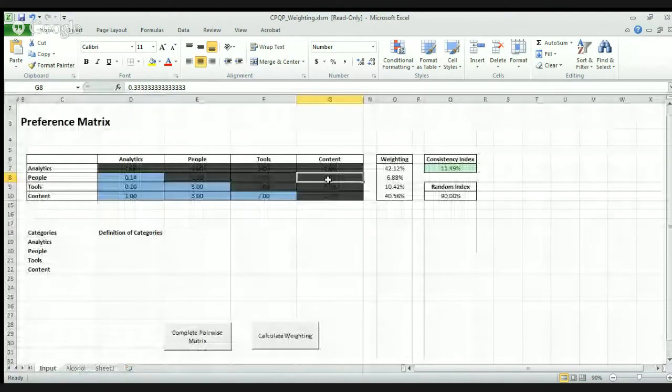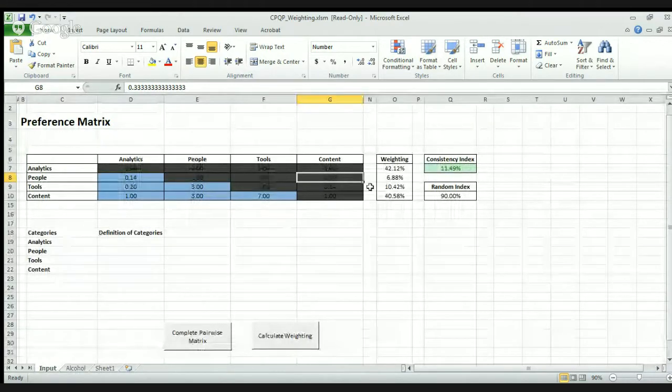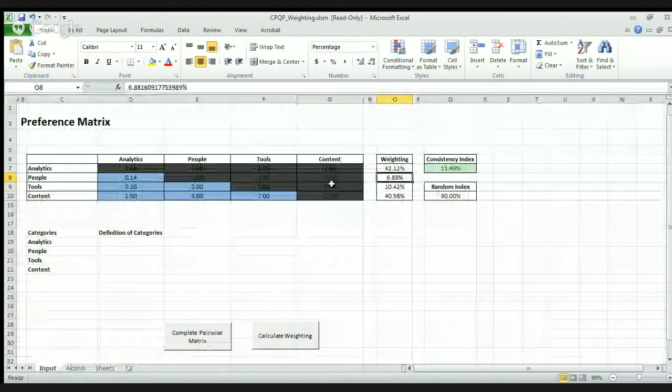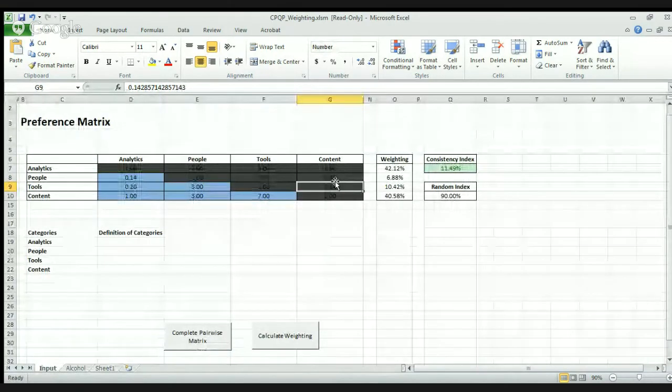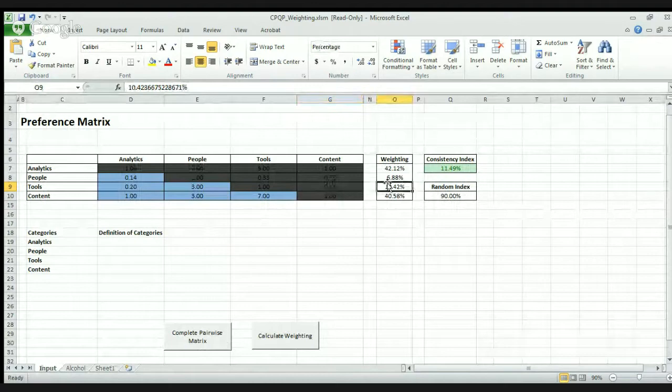people to content. Okay, so because people is such a low score, and because we've got this weird inconsistency where we actually prefer the low score thing to our higher score content, I believe that's pulling the content score down and pushing analytics up. So okay, it could be a very random thing in how I interpreted the results,